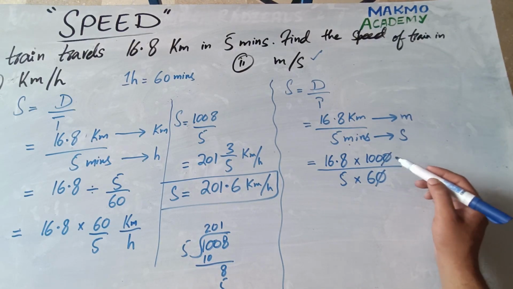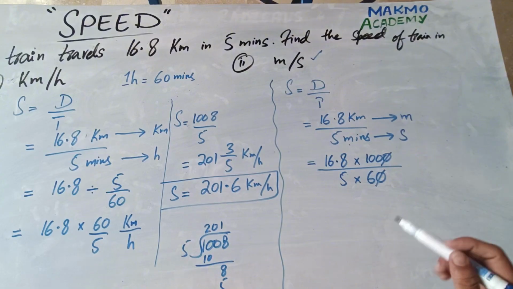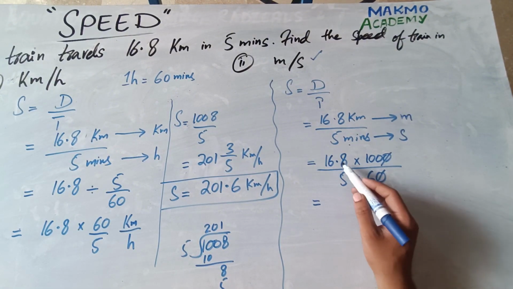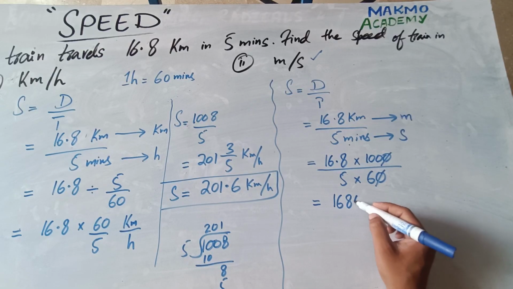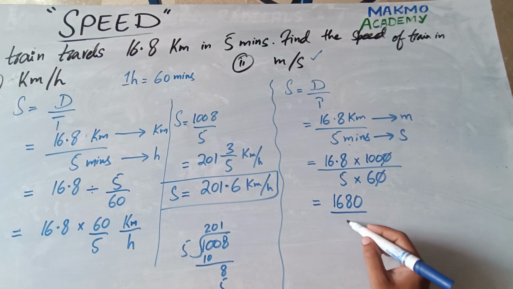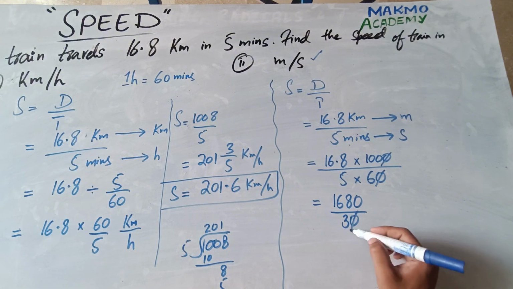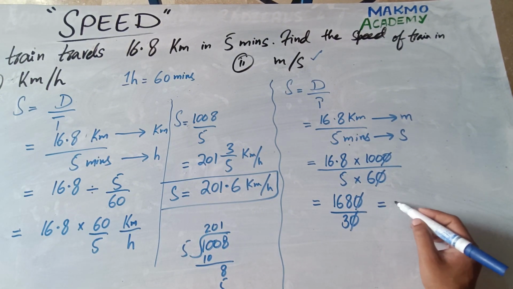1 0 goes out with 1 0. We can do cancellation in this way because there is multiply sign in between them. So what would it become? Its decimal will go 2 times forward. 1680 upon 5 6 are 30. Now again 10 goes out with 10. Now what would it become?